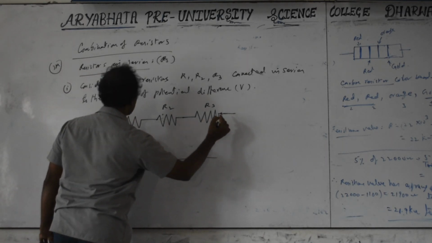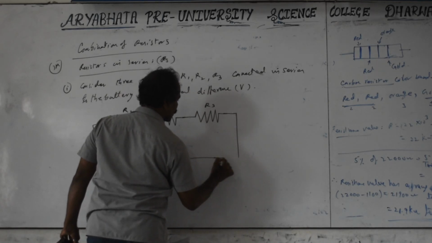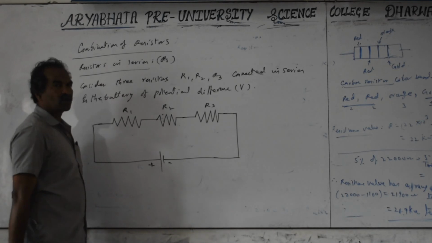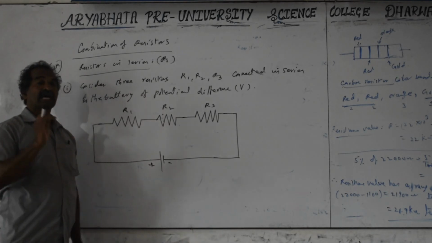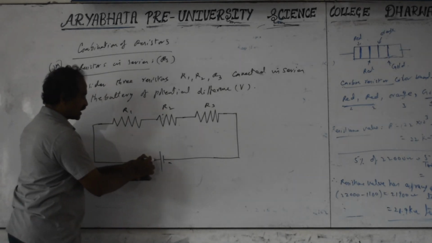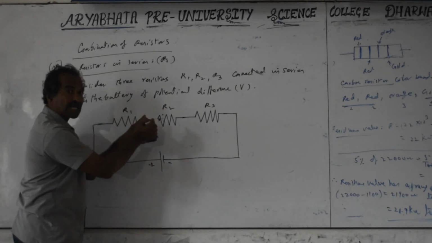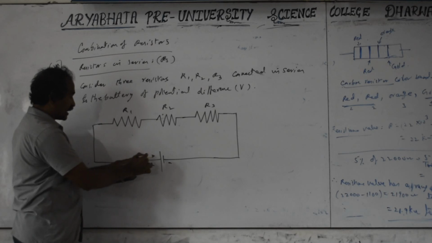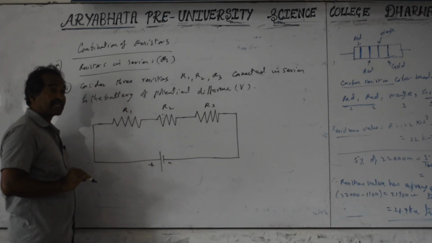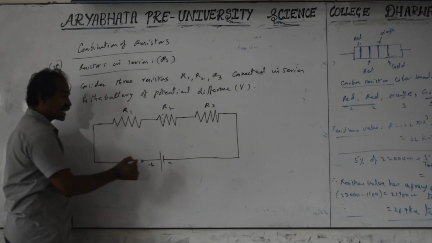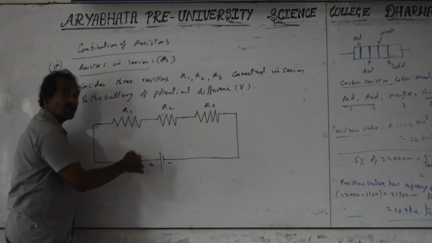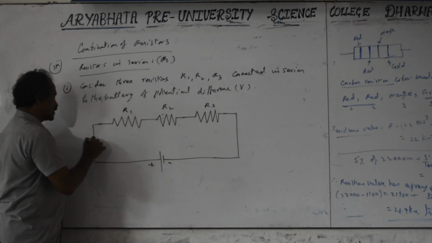In series combination, what is same is current. The battery does not send the current, actually it only makes the potential difference. So the charges will travel from high potential to low potential. Because of the battery, the positive charges will travel like this. But actually in the conductor, these lines indicate connecting wires. Current is because of the flow of electrons in the conductor, not because of positive charges. So electrons are actually traveling from minus to plus. But conventional current is taken from high potential to low potential, plus to minus. So the direction of current varies.